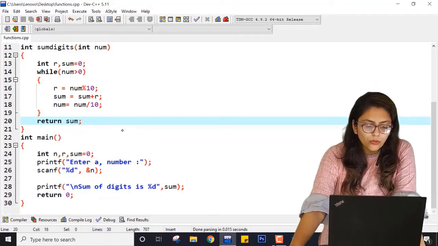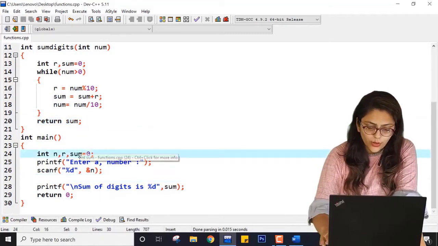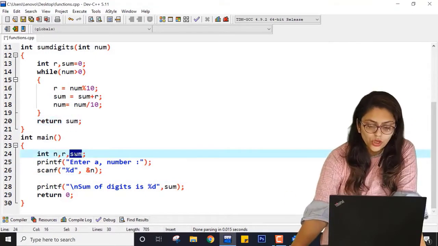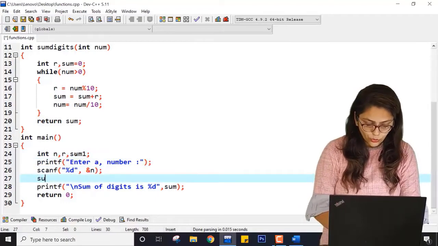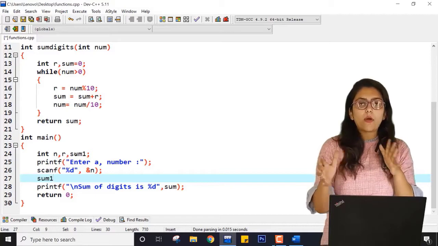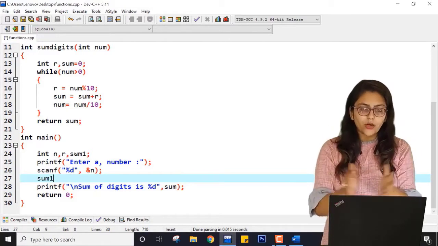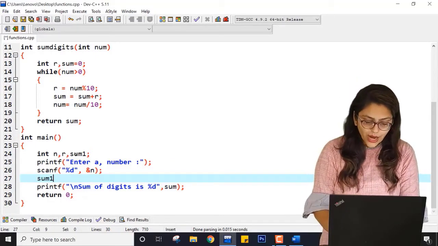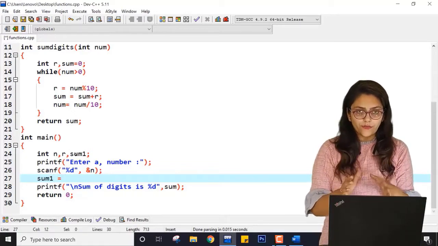So this is all about summation. Here I have already created one variable sum. These two sums are different, but for convenience I am taking sum1 so that you don't get confused. You can take a similar name. That is all about the scoping of the function that I have not covered. I am going to cover it when I teach about recursion. But right now just understand that you can write a similar name, but to avoid any kind of confusion, I am